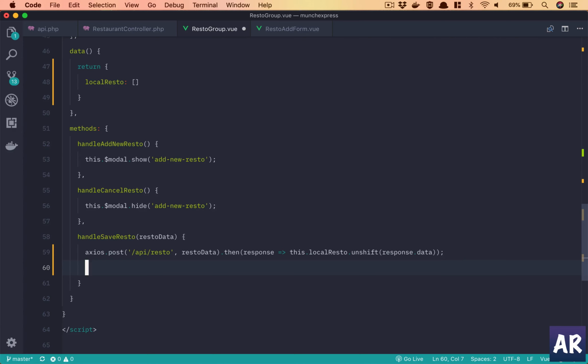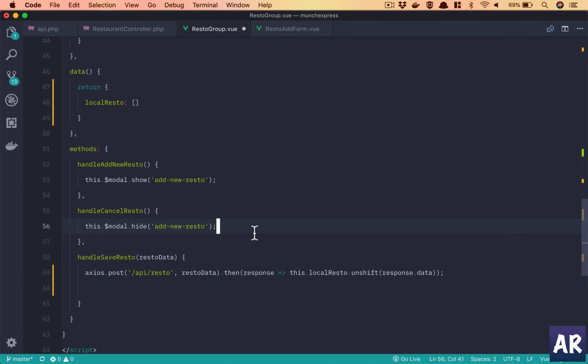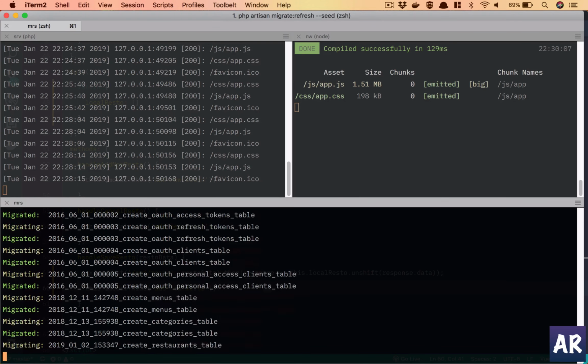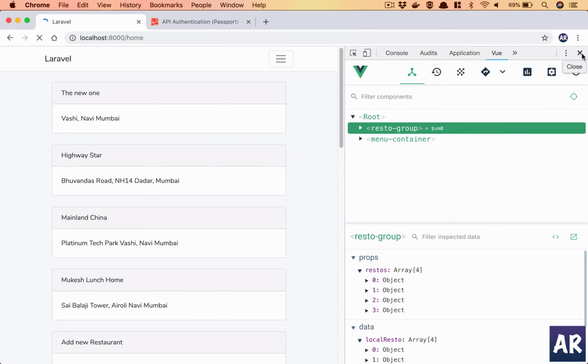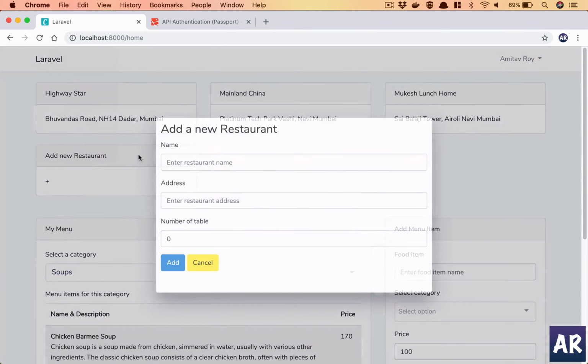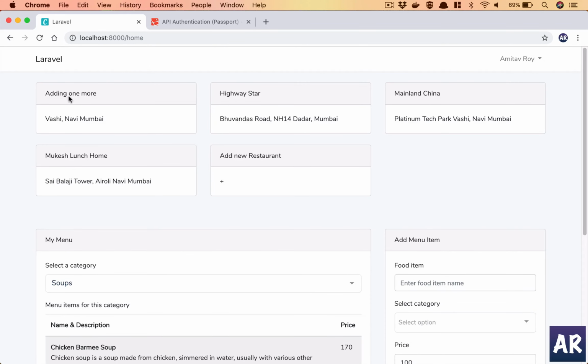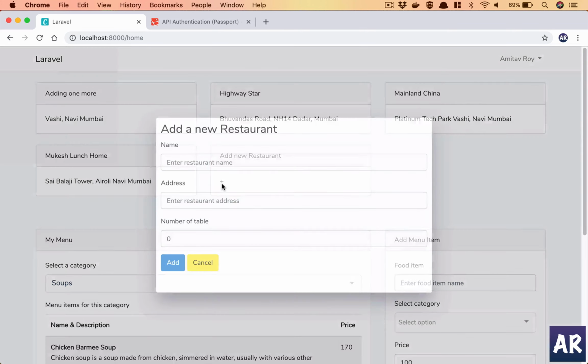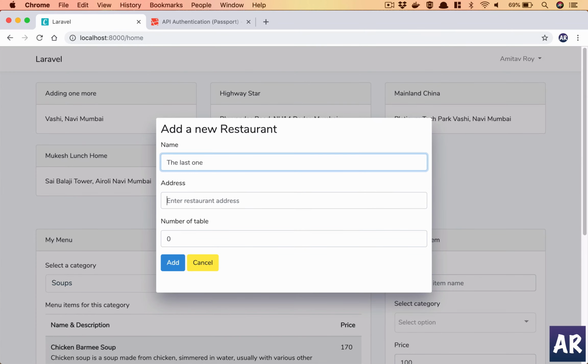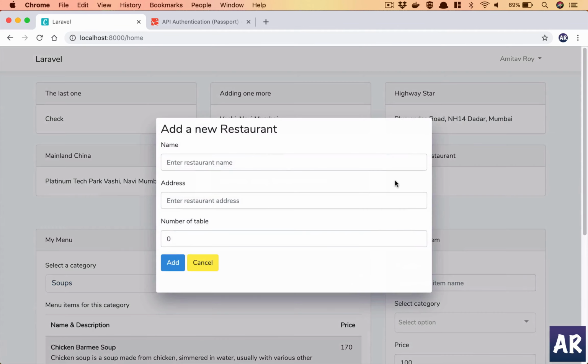Once this is done, I will just do this so that the pop-up is closed. So I'll refresh my database again, hit refresh. I have 3 restaurants, adding one more, 5 tables, add, and here we have, and let me add one more. All right, so